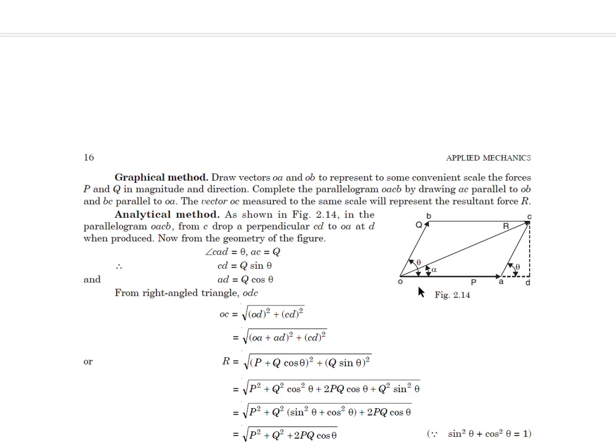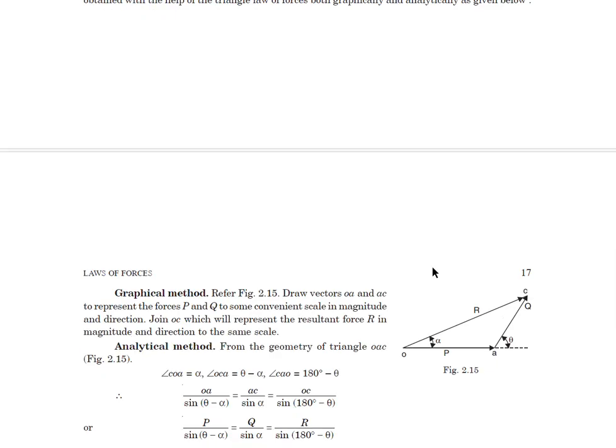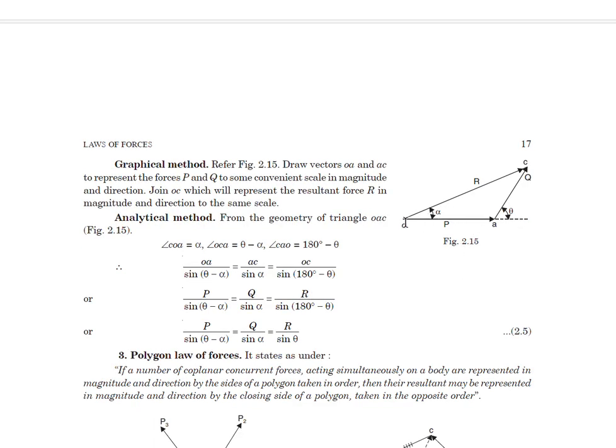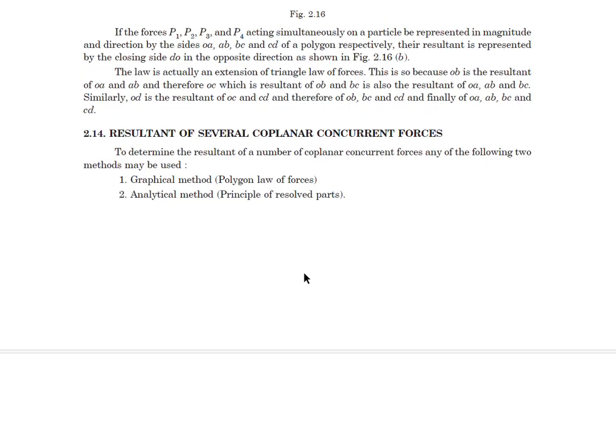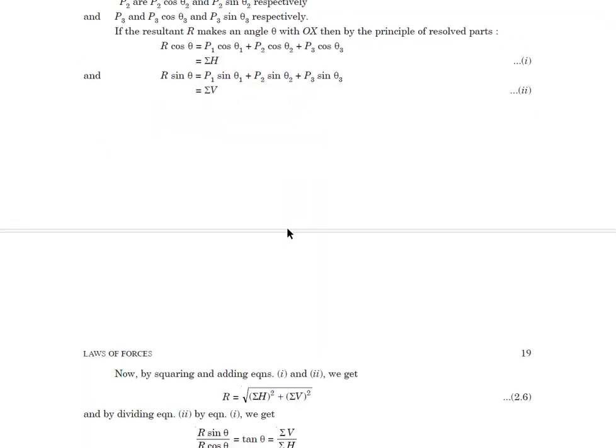That means this P force as well as Q force, and this is the included angle, which is the angle theta. Whereas in the case of the triangle law, one force is in this direction and the second force starts from the end of the first and goes in the same direction. So this is the difference between the two. When you are applying the triangle law or parallelogram law, you have to take care of this. So let me go again to the problem